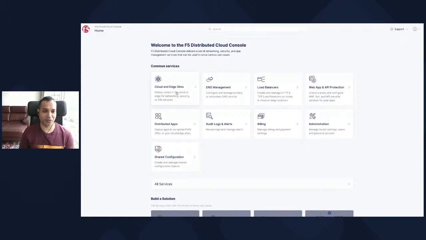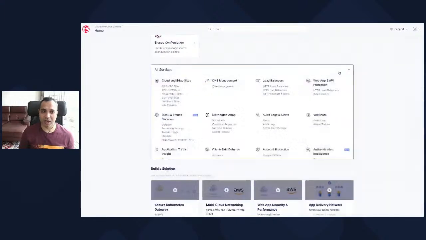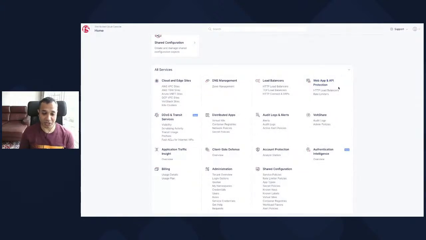So we can take care of multi-cloud deployments and multi-cloud networking as well. There's DNS management, web application and API protection. These are some of the common services that are mostly used. The whole catalog of services, which is continuously being built and new services are being rolled out, is available in